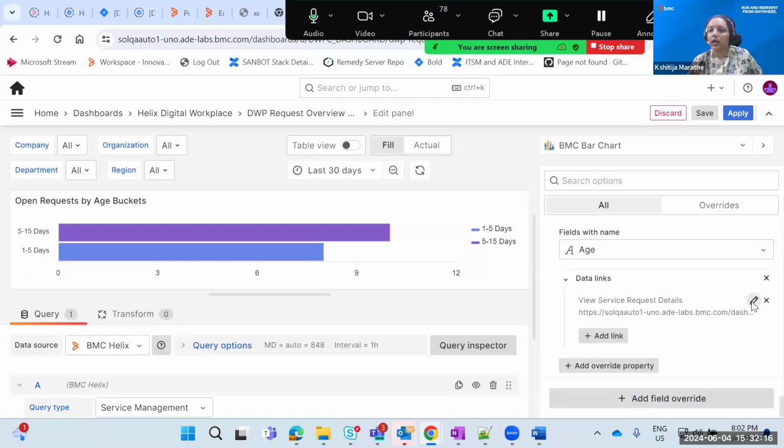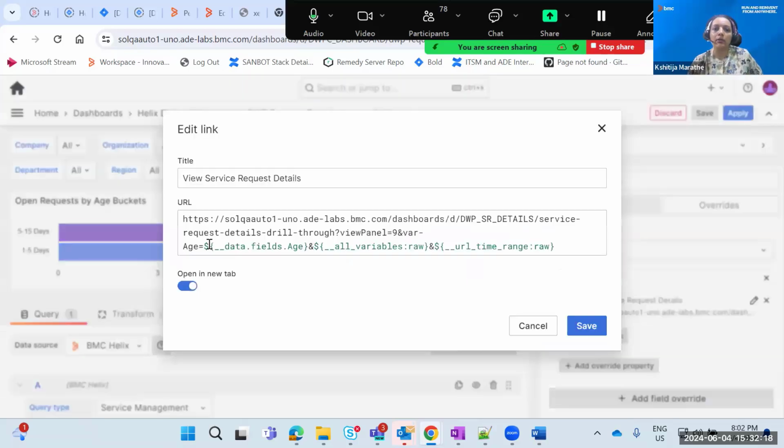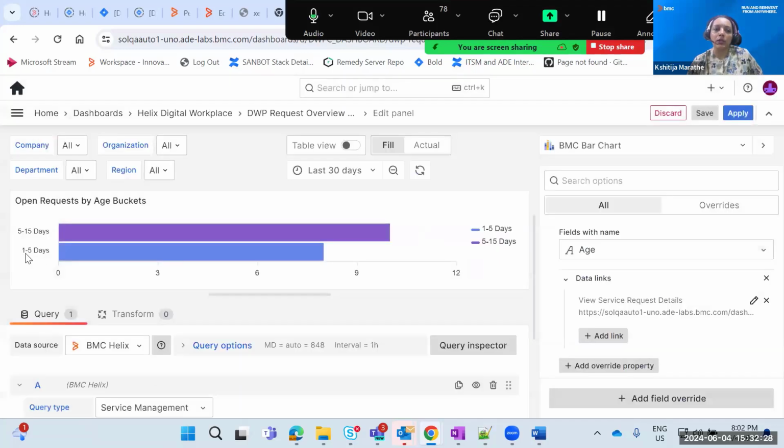And here I have passed whatever variables or filters I want to pass. So I need to pass age here because I need to filter data based on age. So 1 to 5 days will be passed and it will show me the requests which are related to